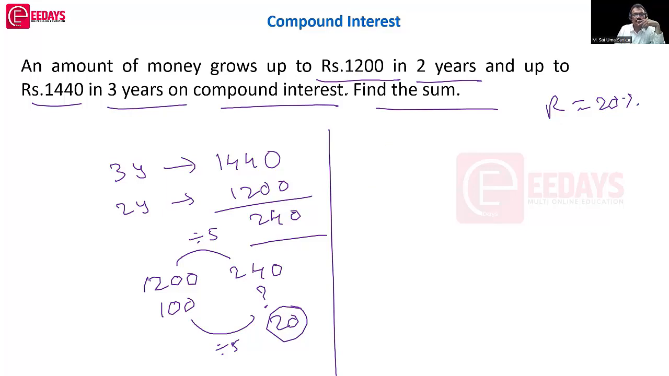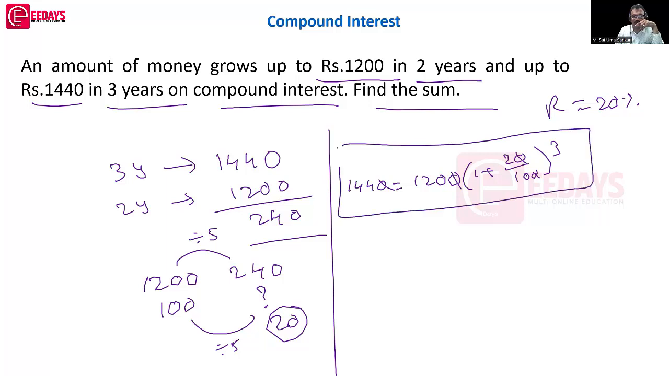1440 is equal to 1200 into (1 plus 20 by 100) whole cube. Gets cancelled. Okay, so what happened? And any cancel is there? 0, 0 gets cancelled. So suppose if you go through this technique, then what happened? A lot of calculations are there. So calculations లేకుండా లాజిక్ ఎలా చేయాలి అని ఆలోచిద్దాం. ఓకే,